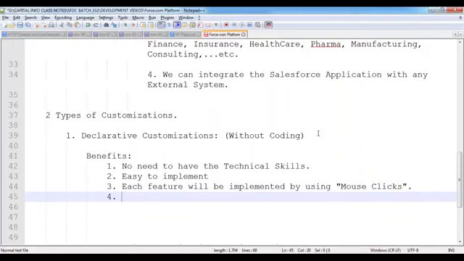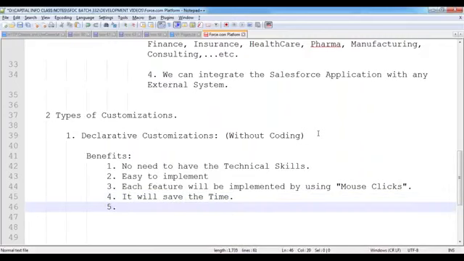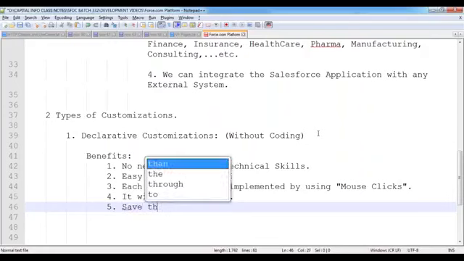Now tell me, whenever we are implementing all these functionalities by using mouse pointers, will it take more time or will it take less time? It will be taking very less time, because we are not writing any code. We are not using any business logic, so it is taking very less time here. It will save the time. Now suppose, for example, if it is taking less time, then what about the budget over here? Budget also will be less, so it saves the budget,